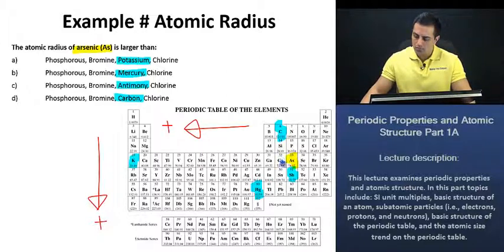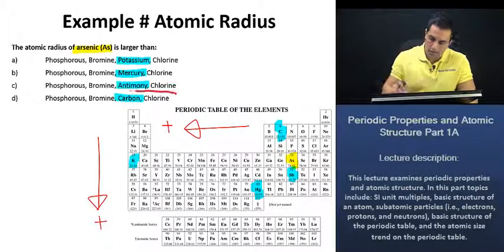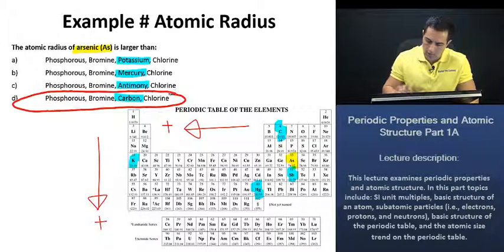Now, relative to arsenic, we see here for antimony and mercury that because those electrons are going to be on subsequent quantum levels, they're going to be farther from the nucleus, thus the atomic radius is going to be larger for these elements here. Whereas for carbon we see we're moving in an upward trend, right? Thus, we can confidently say that for the answer choices given to us, D will be the best choice,